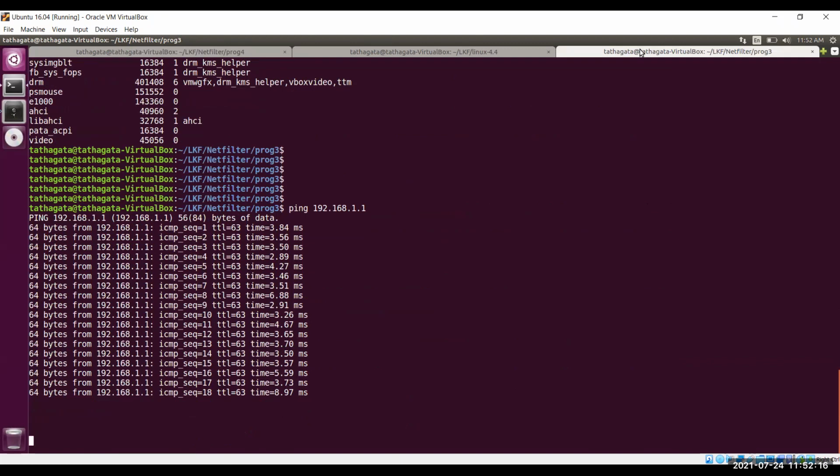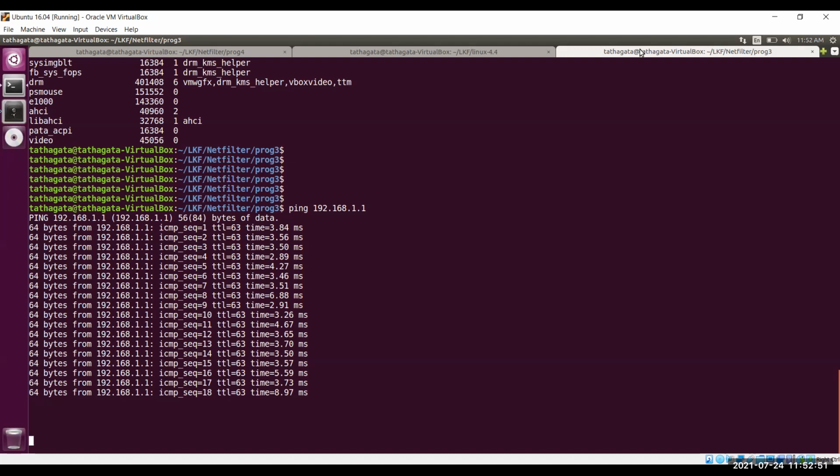This is very important to notice: if you are returning the value as NFQ from your callback routine, then there must be someone who will receive the packet from the queue, further process the packet, and then give the verdict so that the packet can be processed further.